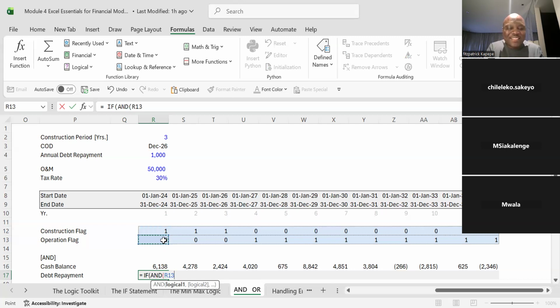If R13 equals 1, meaning that the operation date equals 1, meaning that we have gone to commercial operation, comma, and the cash balance is greater than 0. Then I close like that. If it is true,